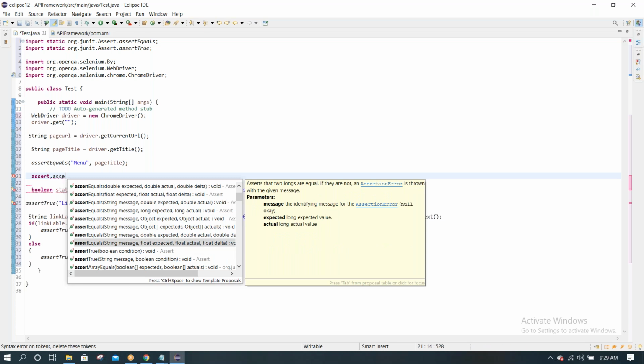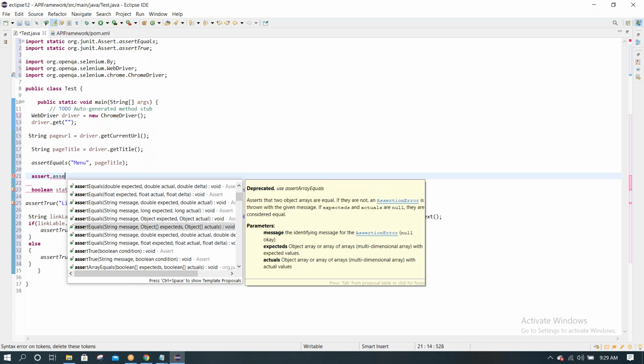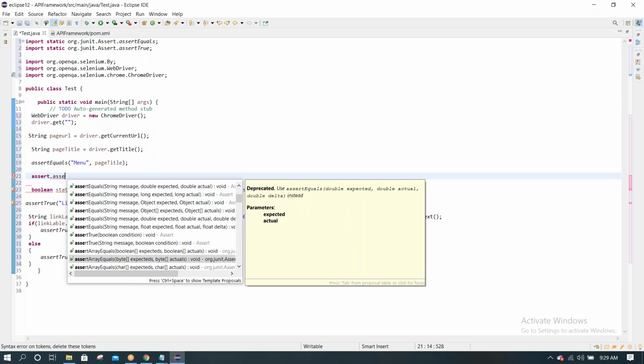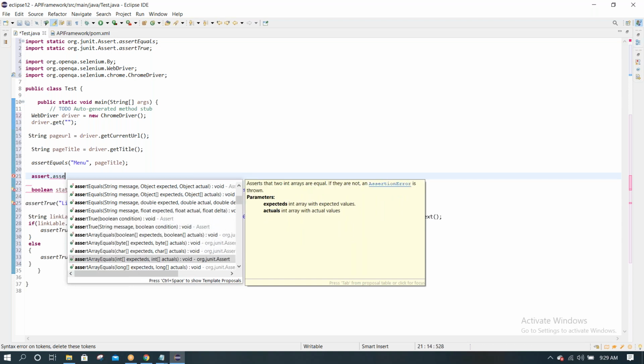You can see different comparisons: string messages comparison, double and float values comparison. This is called method overloading. We can discuss the Java concepts.